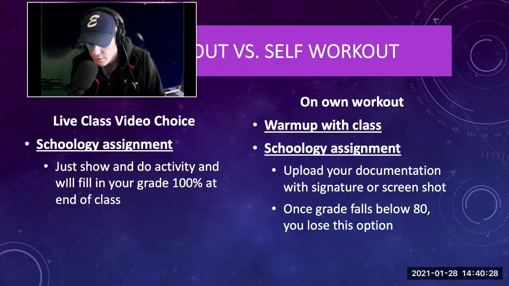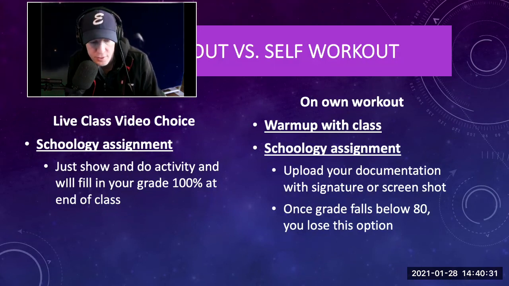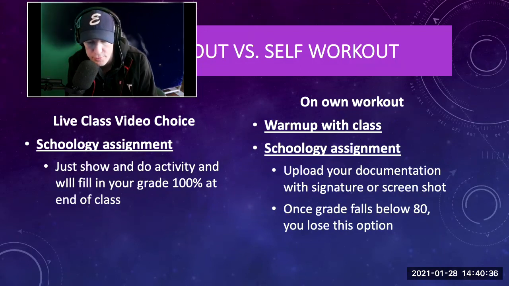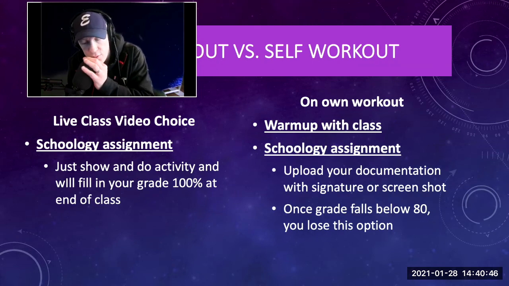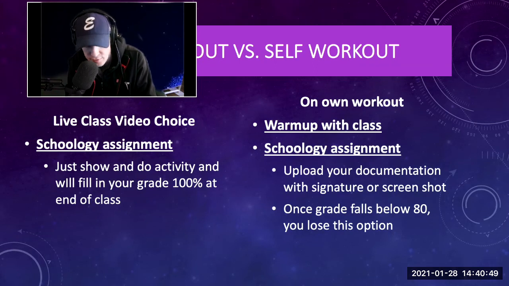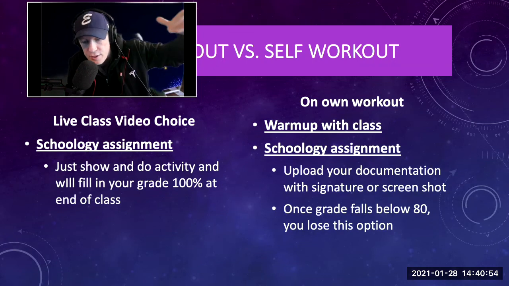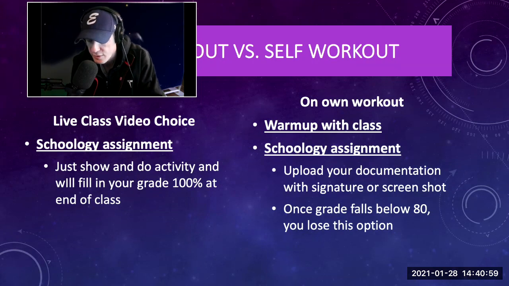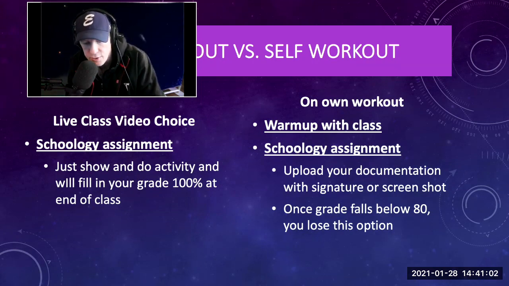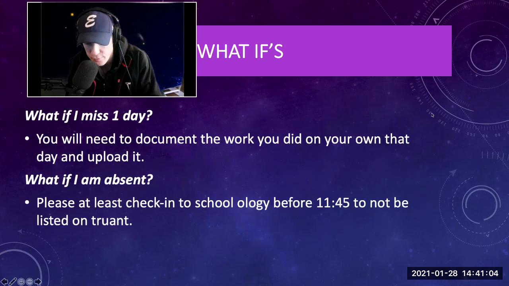All right. More here about the class workout stuff. If you do a workout on your own, make sure you upload your work. It's in Schoology. But if you want to do your own workout and your grade is below an 80%, you're no longer allowed to work out on your own because, well, you have a hard time doing your work because you haven't turned it in. So until you get your grade back up to an 80%, you have to stick around and do the workout with us. So you must suck it up and survive. You can do it. We believe in all of you.